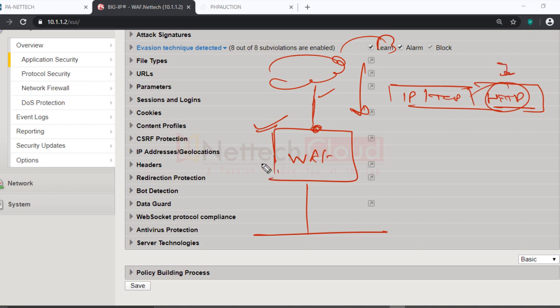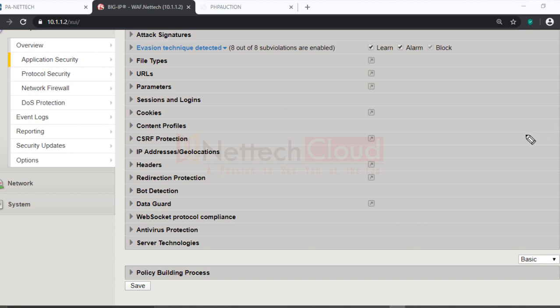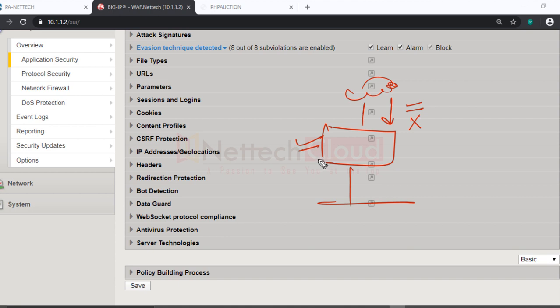Now here, next is what? This web application firewall will check whether this HTTP header is as per the RFC compliance or not, whether each line is ending with carriage return or not, right? If the HTTP header itself is not RFC compliant, then a violation is triggered. Illegal HTTP header violation is triggered, and based on the policy, requests will be either dropped or allowed, only logged or alarmed. That depends on what kind of security policy we have created here.